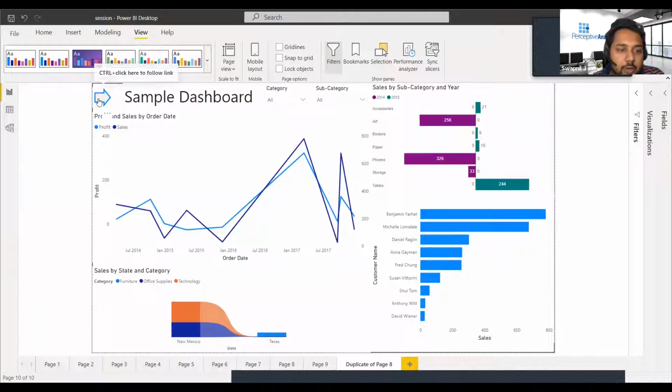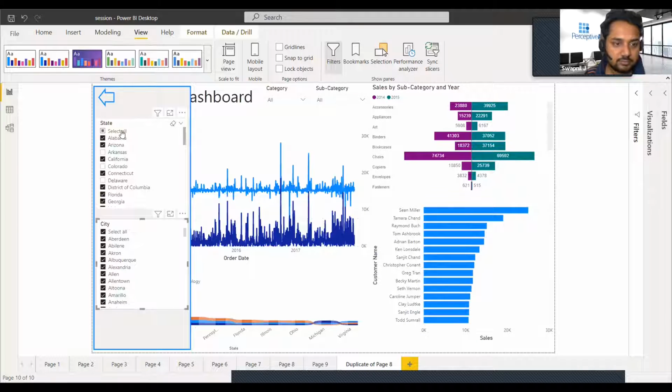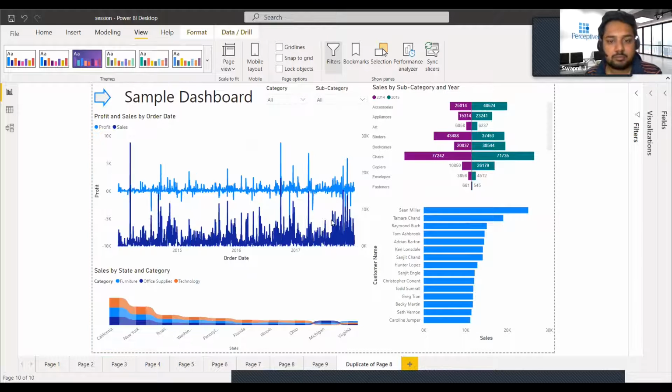So okay, when you hover over it, it's asking you to control and click. But when you are on the published desktop web version, you don't need to click control. You can directly click and it will work. So right now we'll control and click. The slicer panel will come up. We can change our filter as per our need. And we control and click back, and this is our normal dashboard. So this was the first thing.